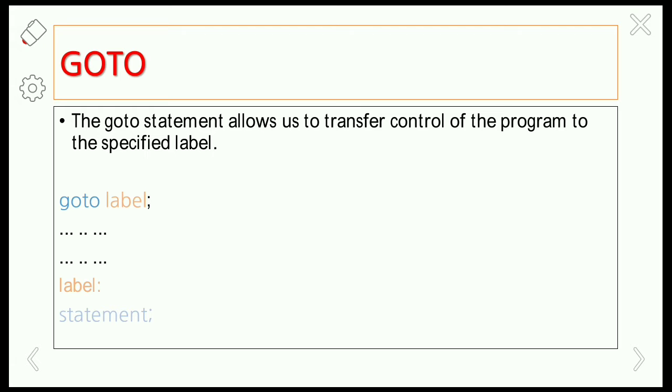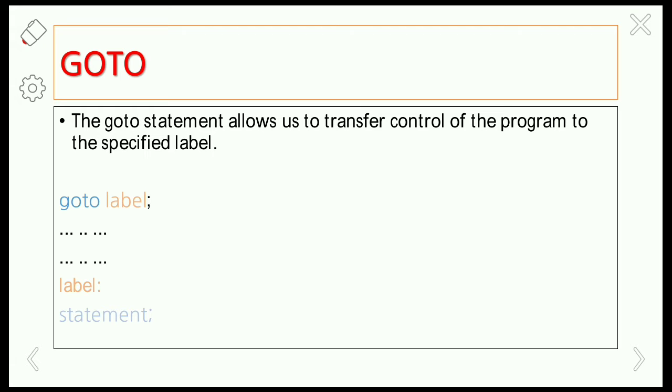So if a particular condition is true, then the set of statements will be executed, or else if the condition is false, then it may skip the execution of the statements, or the control goes to another set of statements, right? So like that, in the conditional control statement, the decision making is based on the condition. Okay, so here the goto statement is a part of the unconditional branching statements. So this is an unconditional control statement.